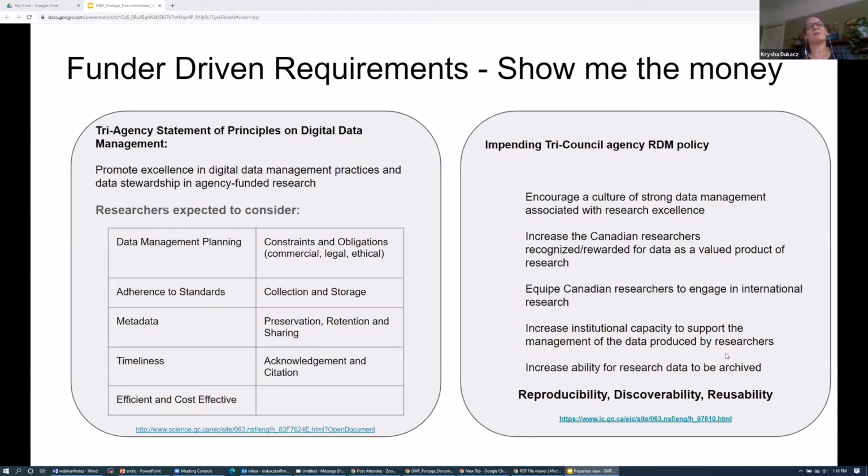So as we move into the academic realm, data management is certainly becoming a much more high priority topic. The tri-agency has two, well, I'm just going to mention two of the policies that they are looking at, and that they have put forth as requirements for obtaining tri-agency funding, is the Statement of Principles on Digital Data Management. And in this is an active policy that has a number of expectations, including data management planning, constraints and obligations, adherence to standards, collection and storage of metadata, preservation, retention, and sharing, and